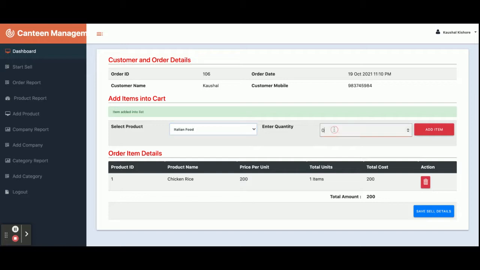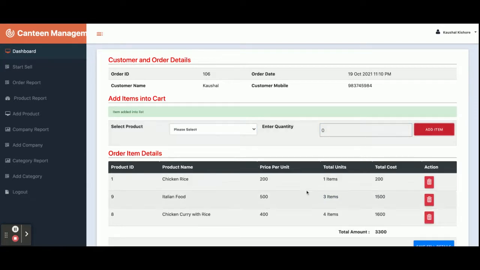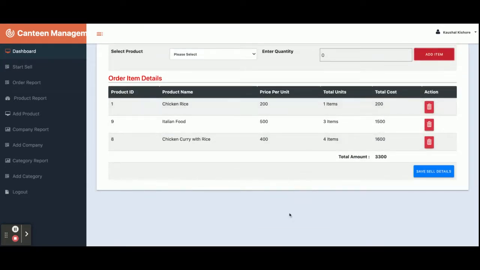This is Italian food and 3. You can see the items have been calculated, and the total cost has been calculated automatically according to the item count. If you select another and then 4, you can see the values are calculated automatically.